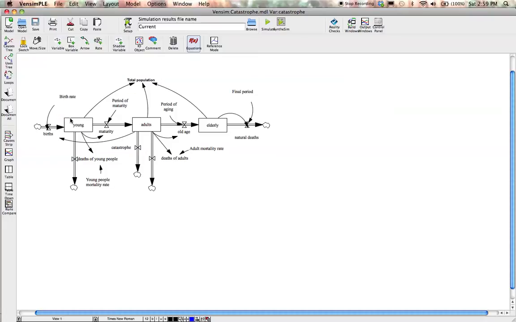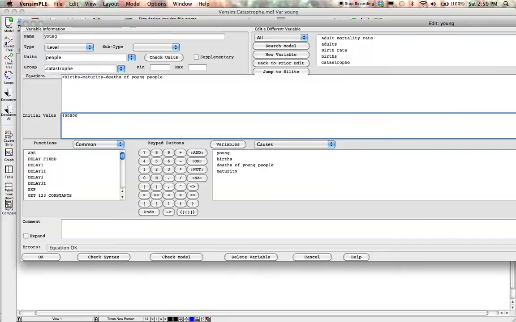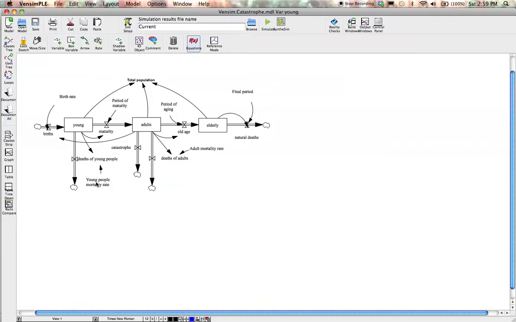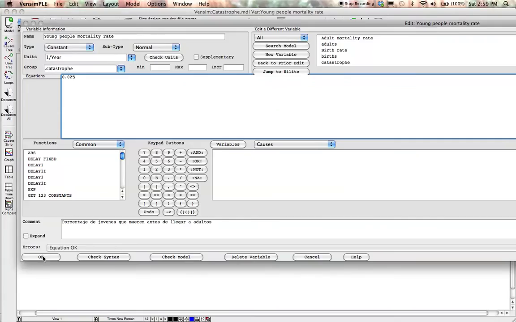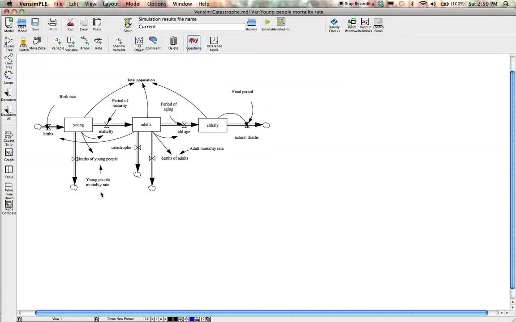So the young are essentially born, and then they become mature, or they can actually die. The units of this are people. So this model actually has a death of young people. So there could be an accident or something that causes young people to die. So there's a young people mortality rate that's given, based on whatever demographic data you have, and there's a maturity,